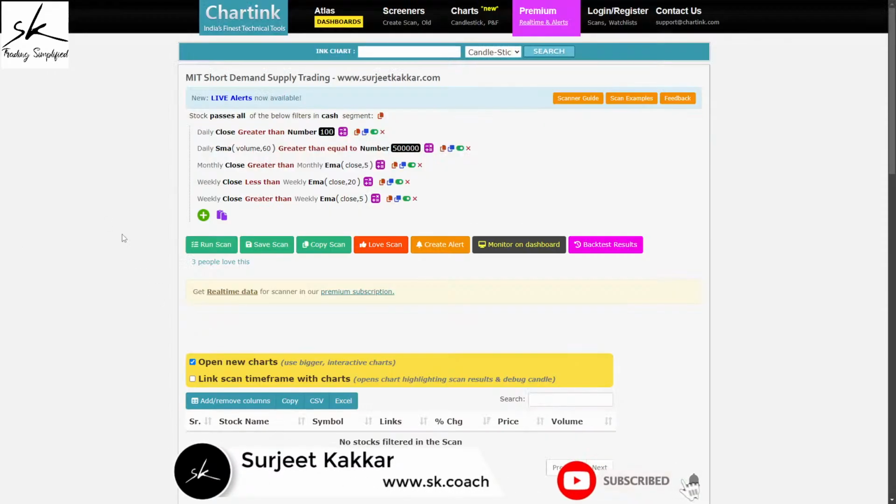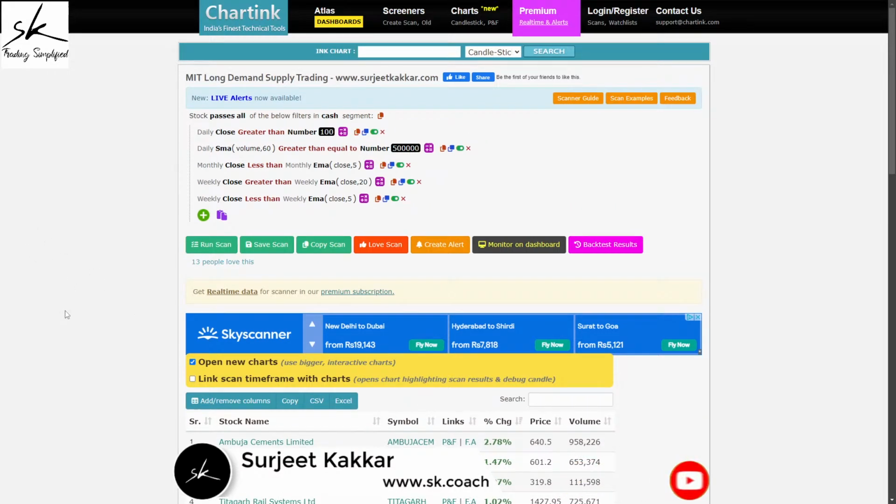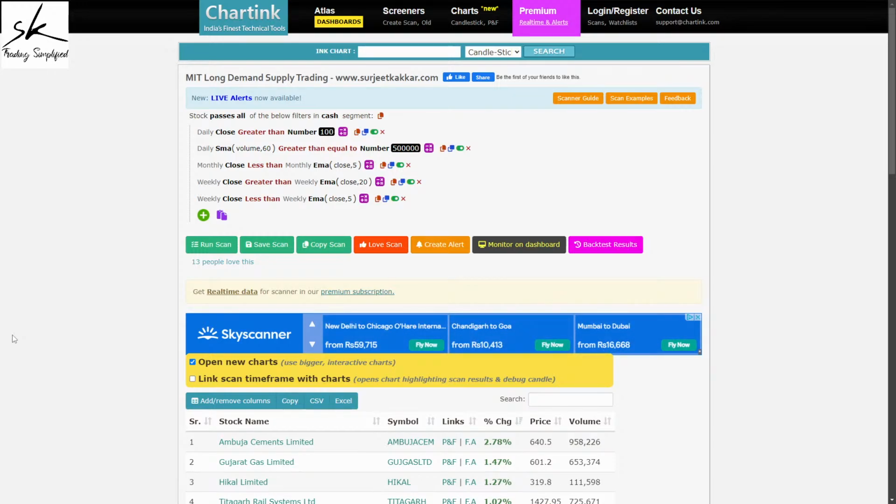And if I look at the short scan, it is giving me none. So out of 2000, now I have a total of 10 symbols to analyze. Out of these 10, if anything matches with my trade plan, I have an opportunity. If nothing matches with my trade plan, I don't have any opportunity. So always remember, you can never blindly buy, sell, whatever the